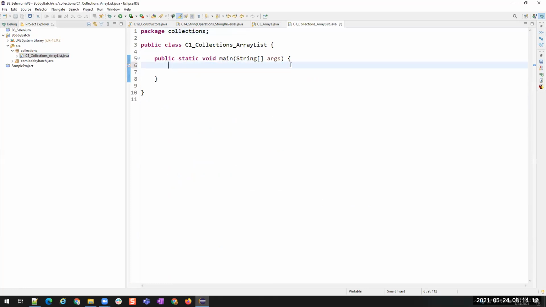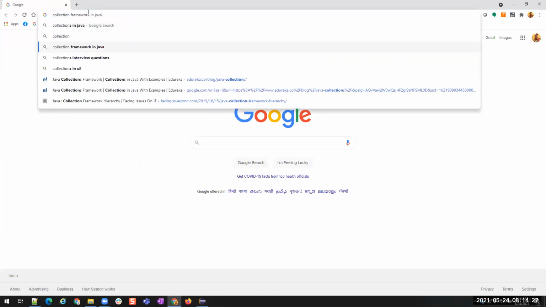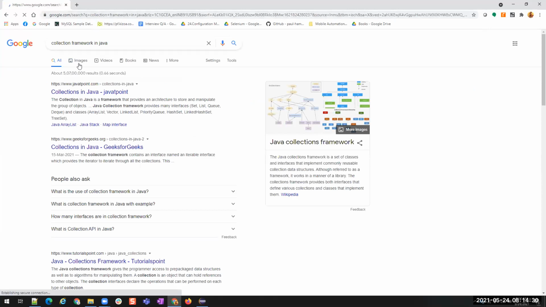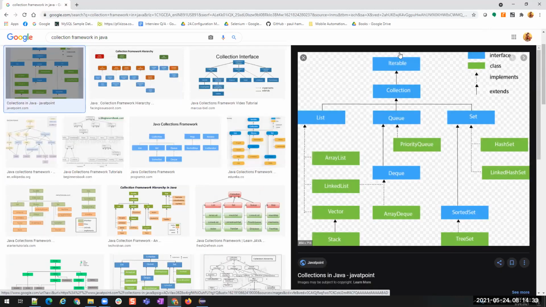So this is the main method, where now we have seen the hierarchy. Inside the hierarchy, the first thing is ArrayList, right? Inside this Collection, Iterable, Collection, List, the first thing is ArrayList. For interfaces, we cannot create objects. That is a rule that we will learn in detail when we get to object-oriented programming. So we have these classes, and only for classes can we create objects. The first class is ArrayList, right?